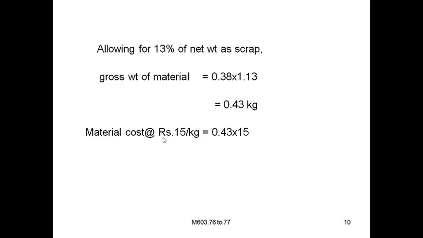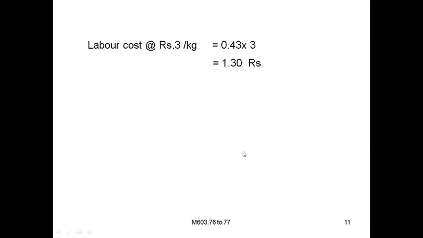In this case, the material cost is already specified in the problem, the material cost is 15 rupees per kg. Whereas the weight is less than 1 kg, you multiply this 0.43 kgs with the 15, you will get the material cost. But here the labor cost is 3 rupees per kg, and the gross weight here is 0.43. You multiply with 3, you will get